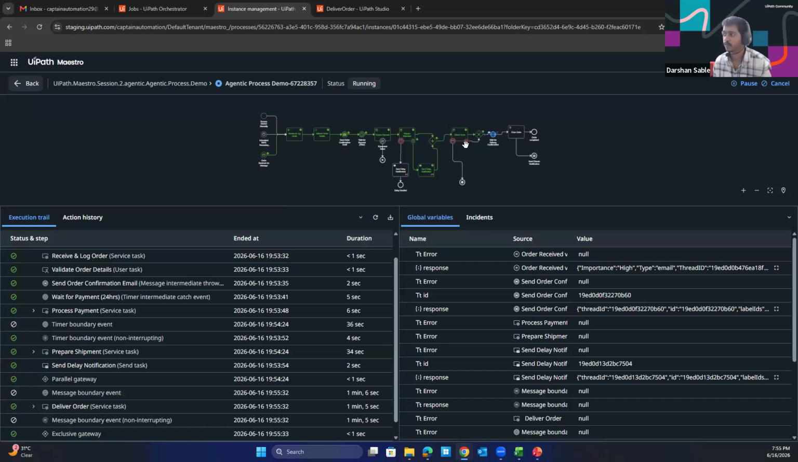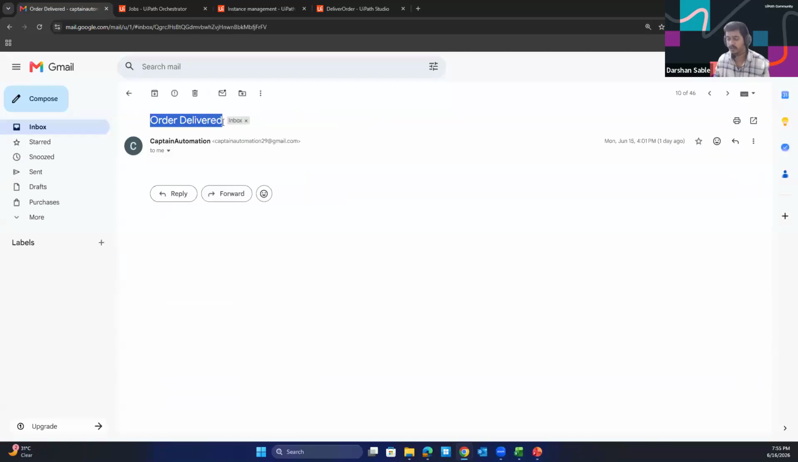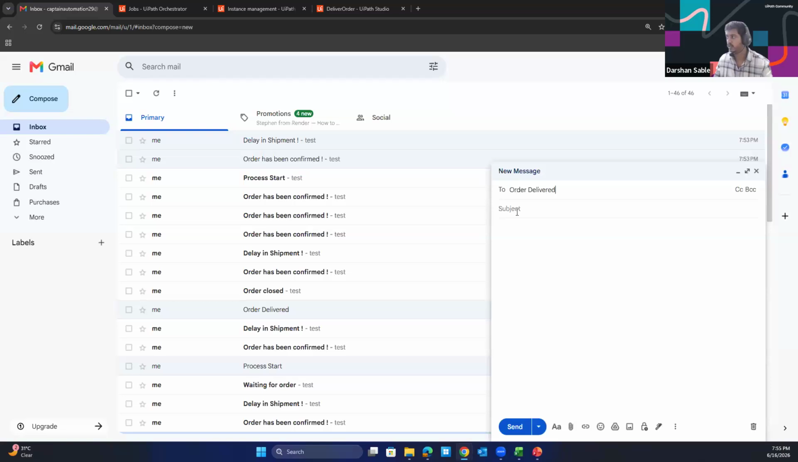Okay, as we did not receive any email, this goes into the red state. We did not catch anything, and it will go further with this exclusive gateway. Now this flow is waiting for a confirmation. It will keep waiting until I send an email that the order has been delivered. So I will just copy this, and I will compose an email, or sorry,